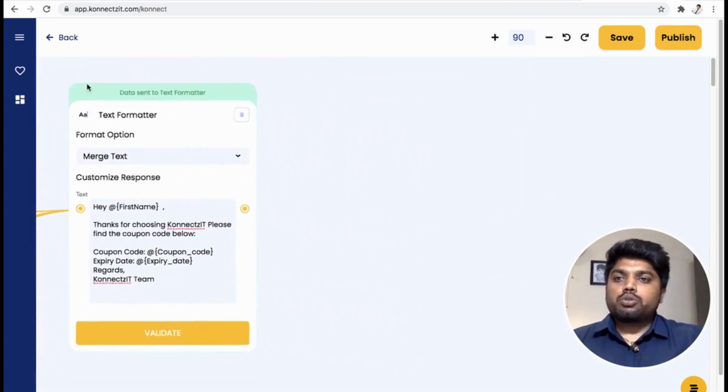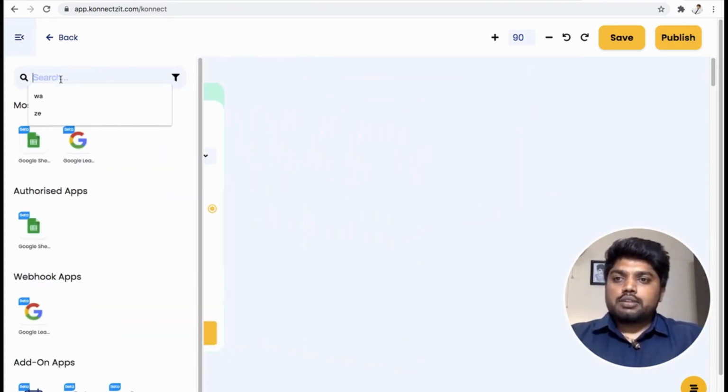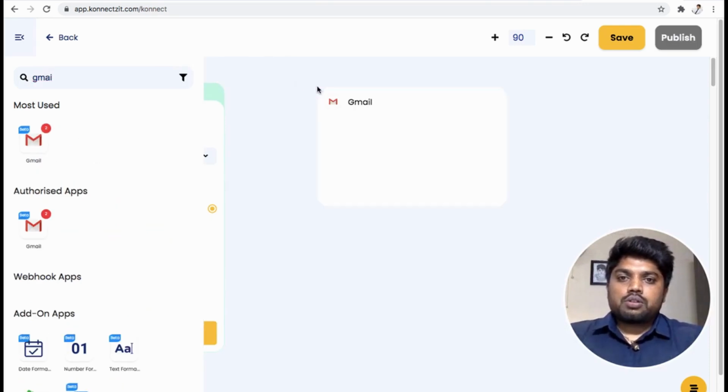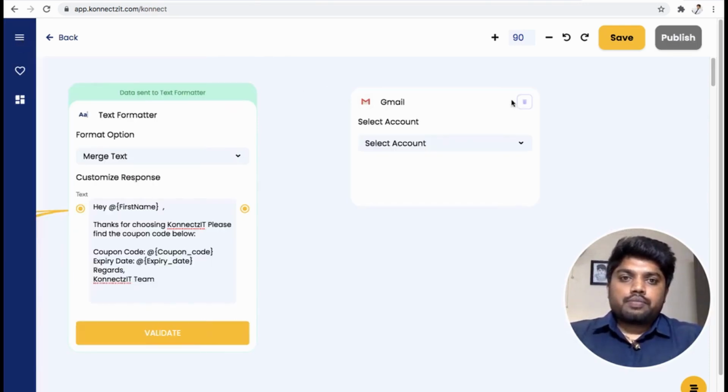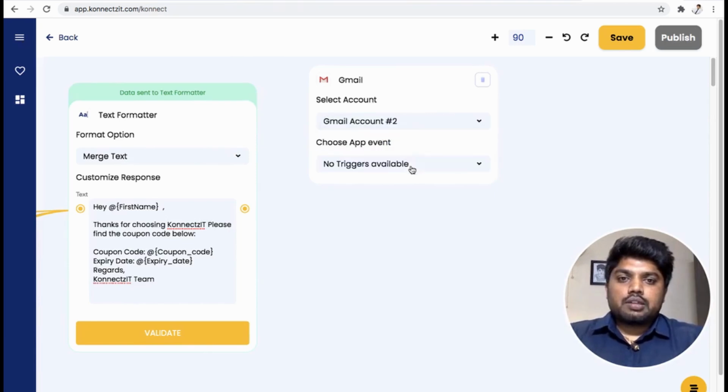Now I'm going to use Gmail to send an email. I'll select the account and the action send email.